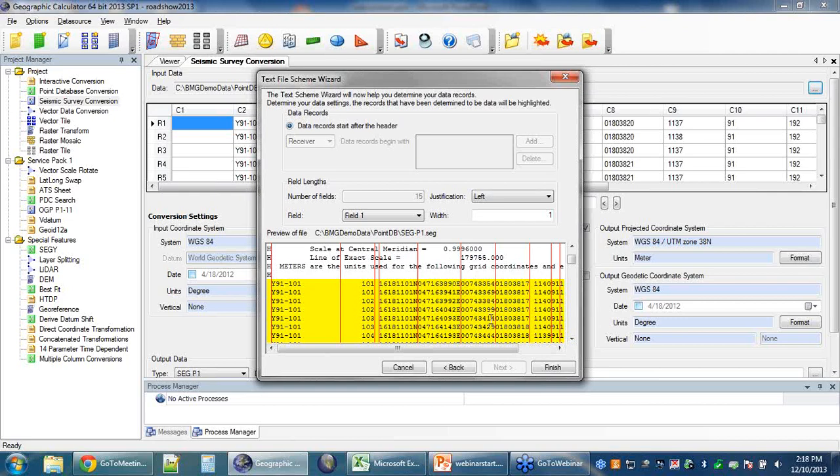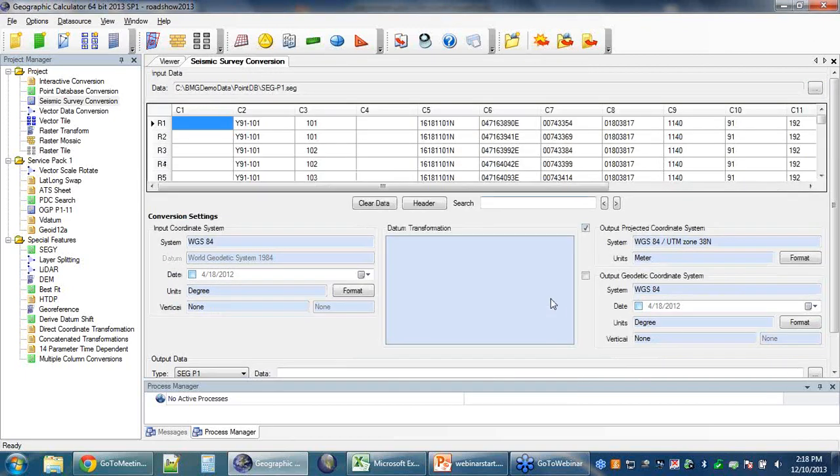In this case, all of my columns are in the right place. It's just my header that's a little bit messed up. So I've tweaked my header, and I'm going to go ahead and hit finish, and we're going to reload that data again. And now, if you were paying attention very closely at the beginning, you'll notice that my third column here, which is actually the shot point number, has dropped back. It was starting off at a higher number there, but now it's back down to 101, which is actually the